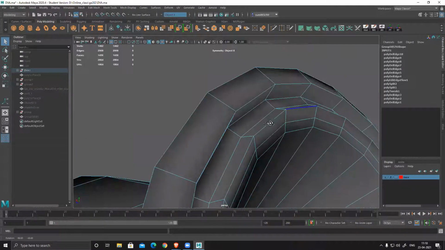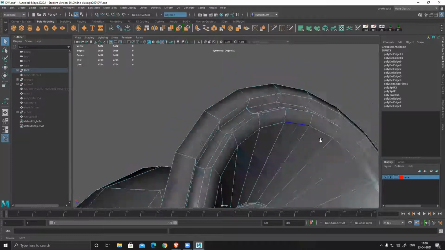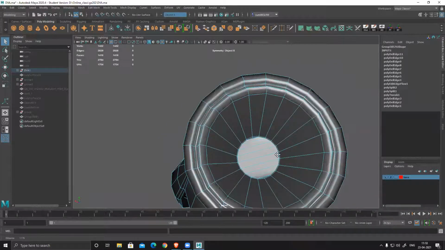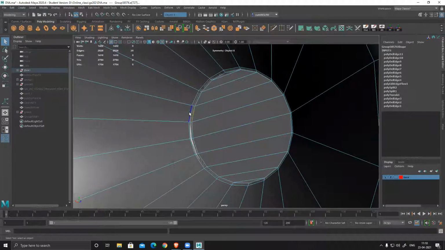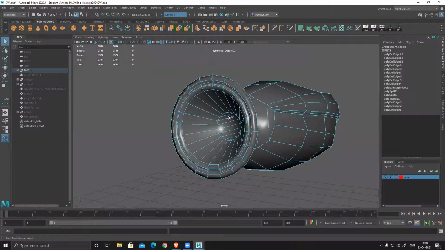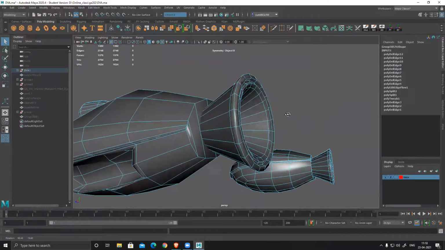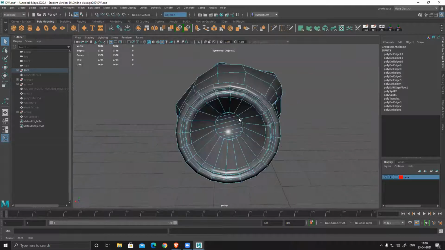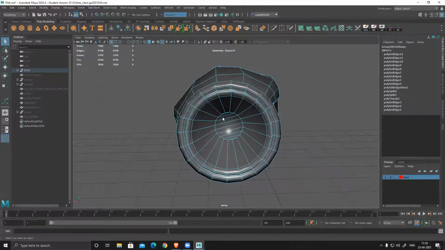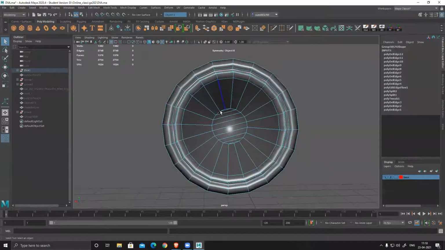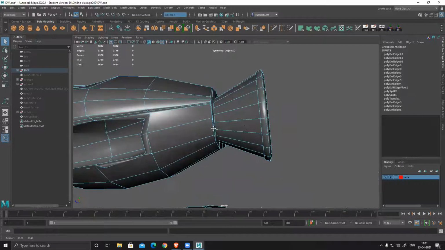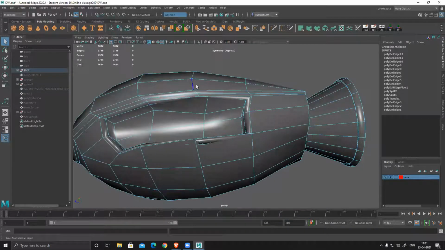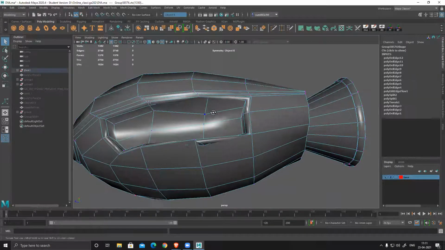Deleting everything. This stuff is also not required. I reduce it, and if I want, I can reduce even more. Like alternative loops, I can merge here and keep it little triangle related and reduce the polygons. I can do that very easily. And now you can see I have averaged out this thing, but it created some issue in my model.